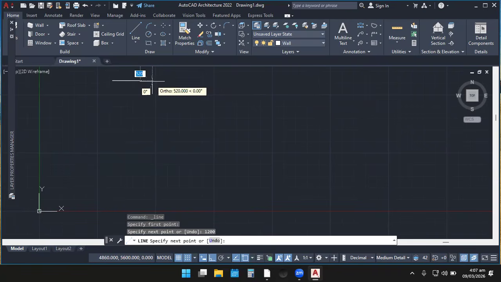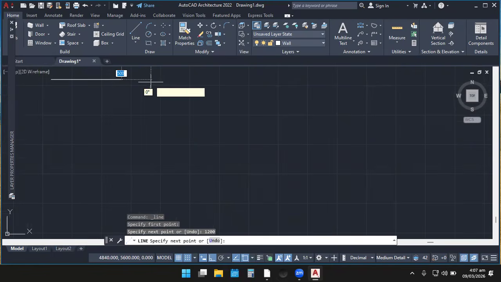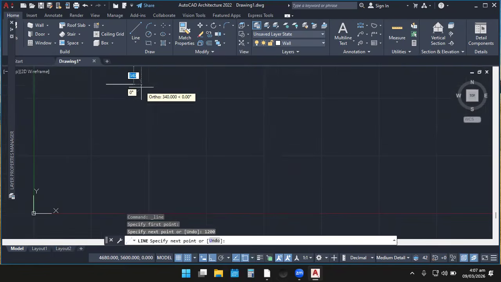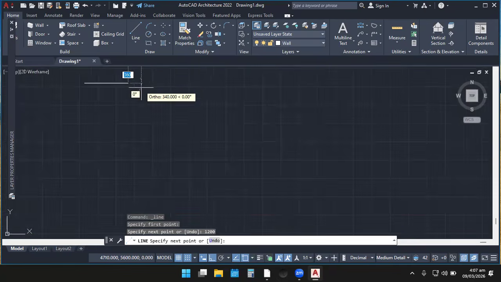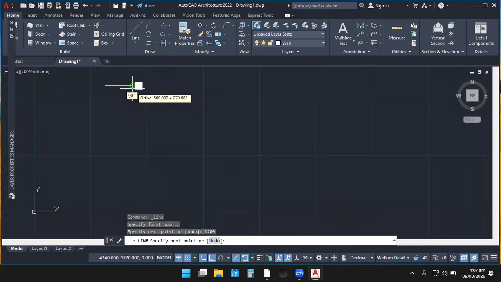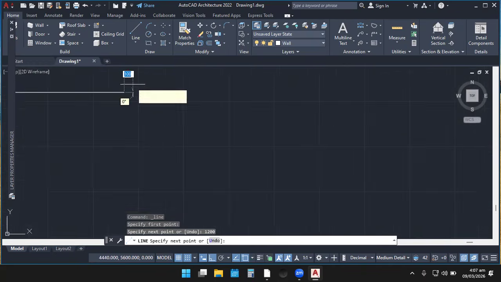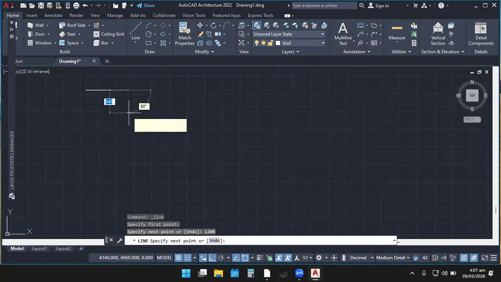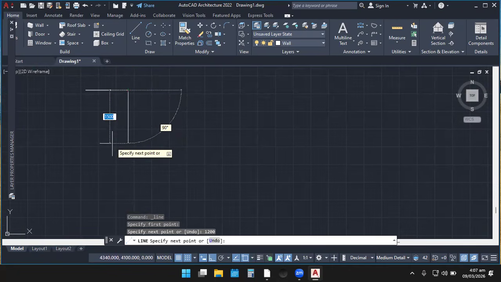So I can now zoom the screen. You can either scroll upwards or scroll downwards to zoom. So I'm just zooming to highlight it quite a bit. After that, you bring your mouse downwards. You can still repeat the same dimension. But let's use 10,000 now. So I want to use 10,000.